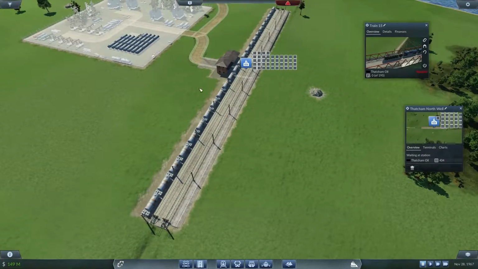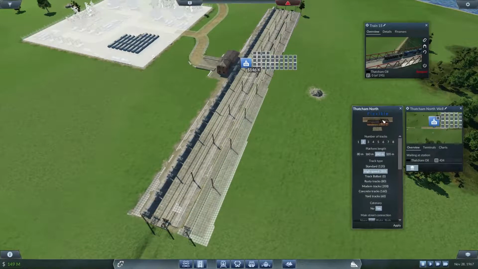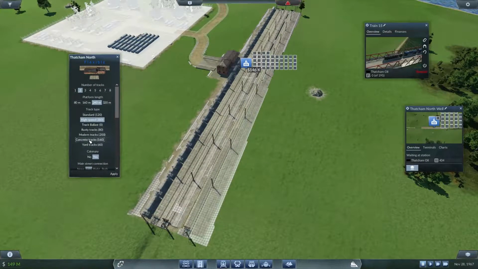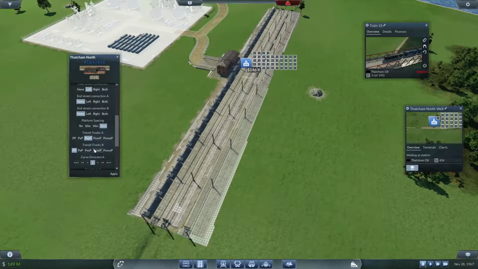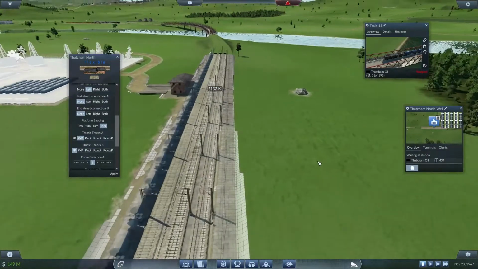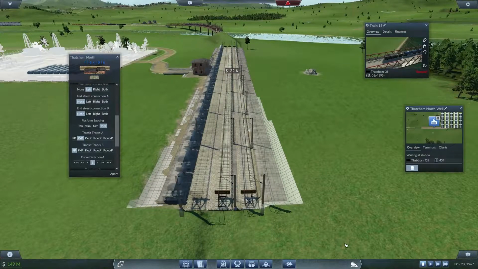I could do that, actually. I was going to put them in the middle. So we're using the flexible one. So what have I chosen here? I've got 2 tracks, high speed, and we're going to have transit track A, which I think is that one in the middle. So it might be what's left in from the original station. And transit track on the... No, it's not going to...